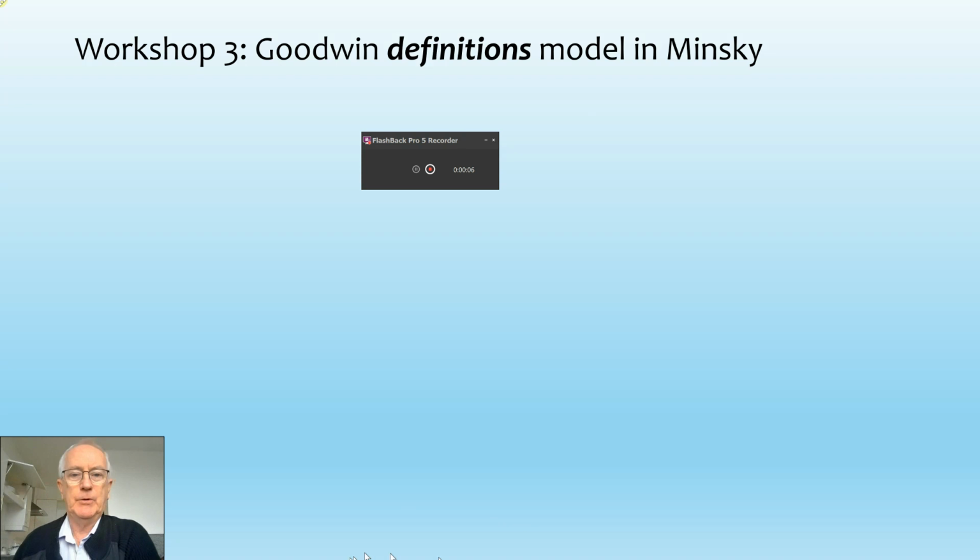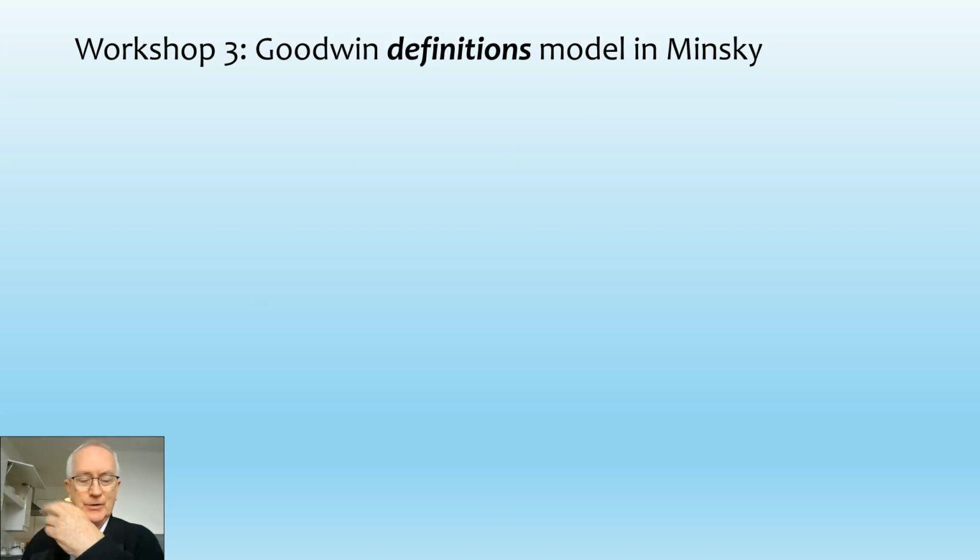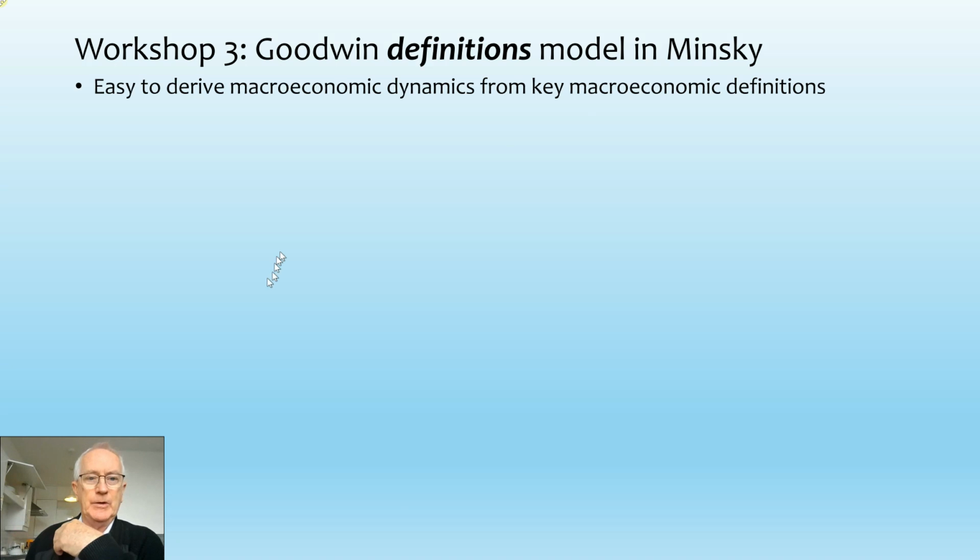Right, so that's building a Minsky model, or the Goodwin model in Minsky, straight from the flowchart. But what I want to illustrate is why I regard Goodwin's model as so important, because it's possible to derive it directly from macroeconomic definitions. And one of the reasons neoclassicals A have stuffed up the economic theory, but B refuse to consider other approaches